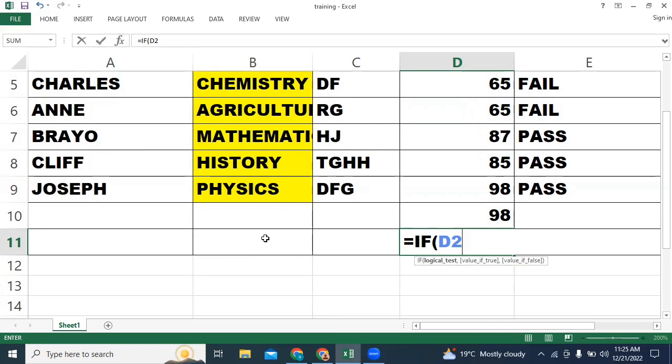B2 is greater than or equal to 80, I display A, 90, comma, display what? Otherwise,